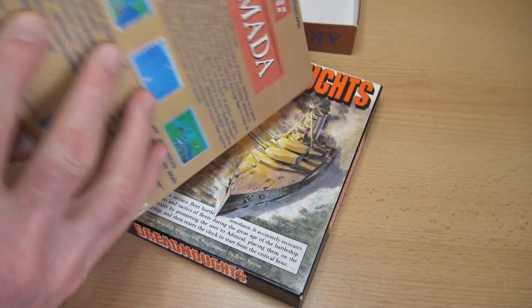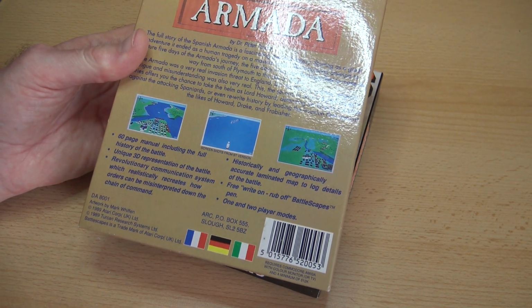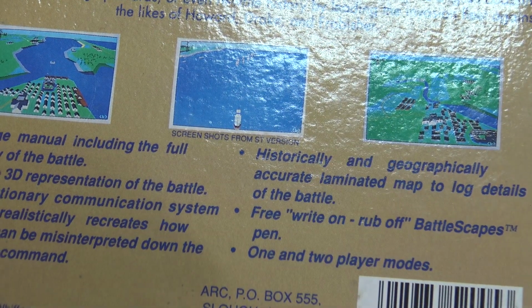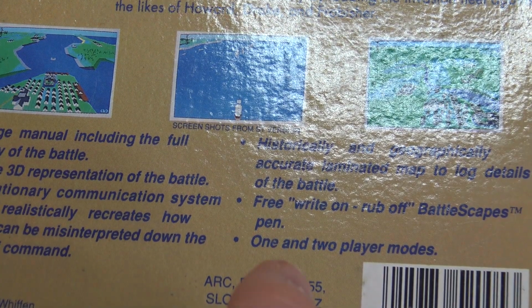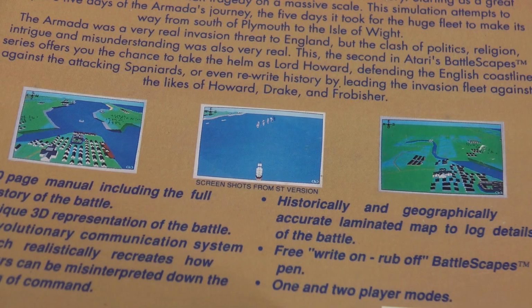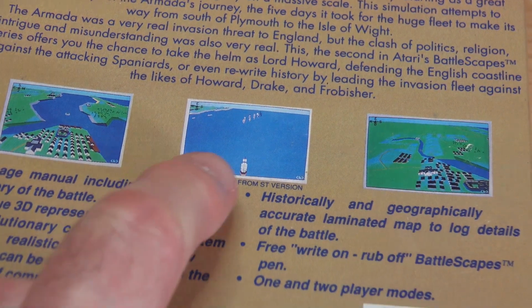I'm trying to find an image of the graphics, which were a little bit more realistic. You could land troops and so on. The whole idea, if you were playing the Spanish side, was to land a Spanish army on the coast somewhere and successfully invade England. Sorry, a bit of glare on there, but as you can see, the infantry was still blocks,